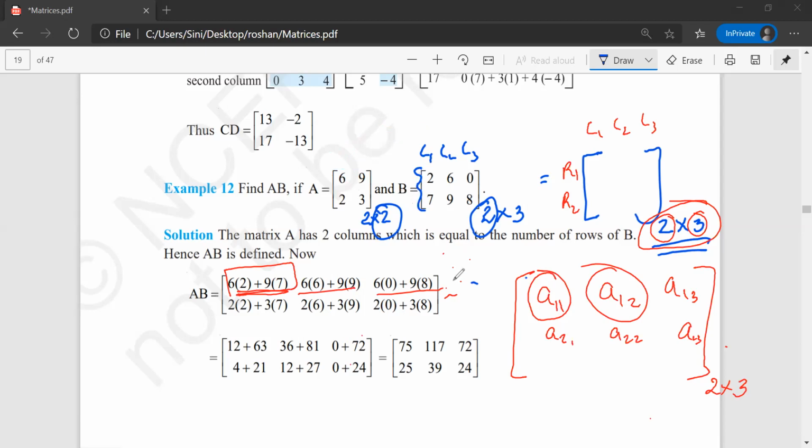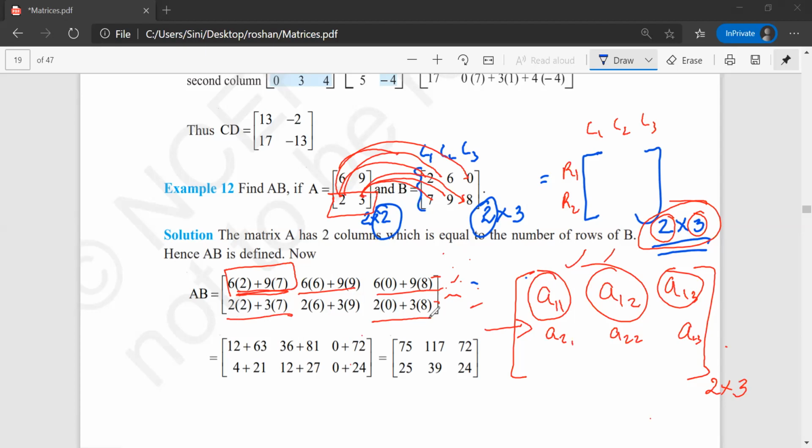So this first row, everything is done. How do I get this particular thing? A21, A22, A23. 6 into, what should I give? 6 into 2, that is over. But I have not used 2 and 3. Correct? So 2 into 2 plus 3 into 7. 2 into 6 plus 3 into 9. 2 into 0 plus 3 into 8. That's it. Then if you do simple addition, which I learned in the first and second standard, we can get